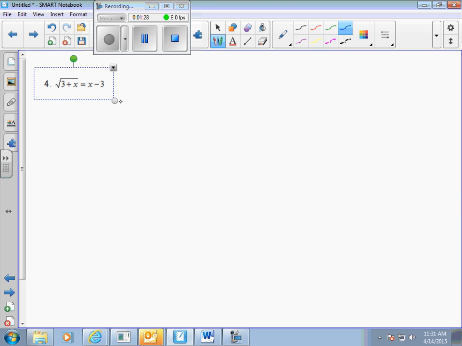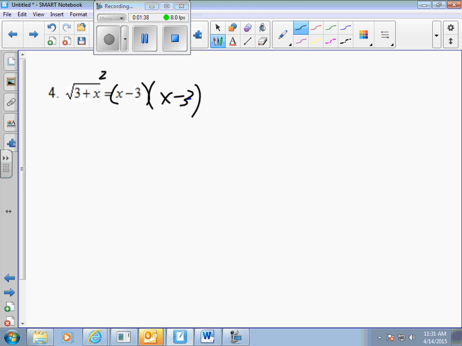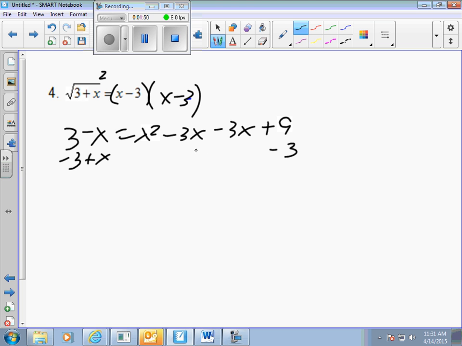Number 4, the second version of it. Let's take a look at this. We have to square both sides, but when I square this side, it's like foiling. And so I'm going to take 3 minus x equals x squared minus 3x plus 9. And I'm going to subtract 3 from both sides, add x to both sides, and I get 0